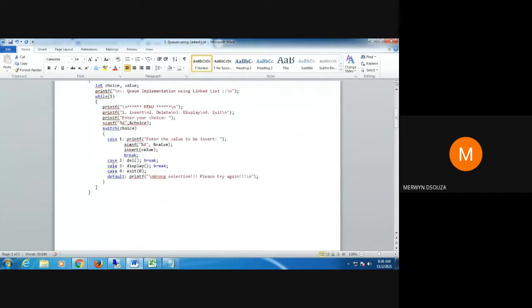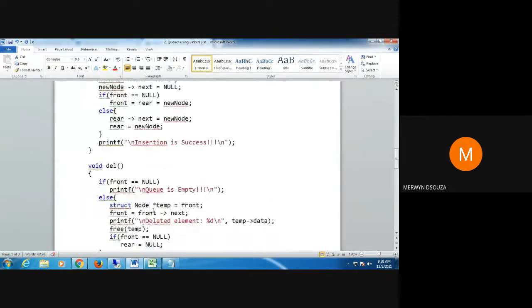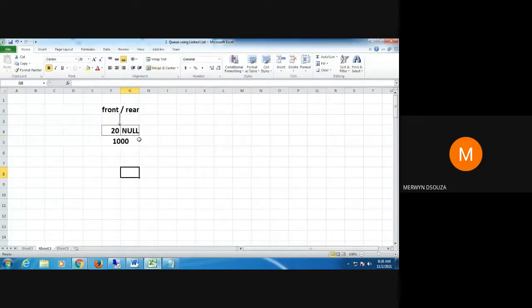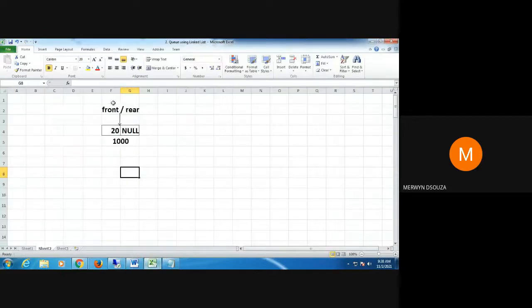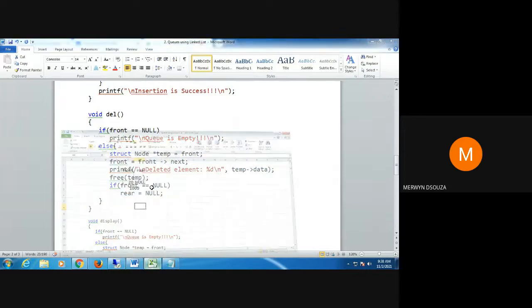When I exit this function, let's say I call this delete function for the second time. Now when I call it for the second time, obviously there's only one node remaining in the queue, so that node will get deleted. Here again I check whether the queue is empty. If the queue is empty, I cannot delete. When I check here, there is one node, therefore the queue is not empty, so this condition is false. I go to the else part. In the else part I assign the value of front to temp, so temp is here now.